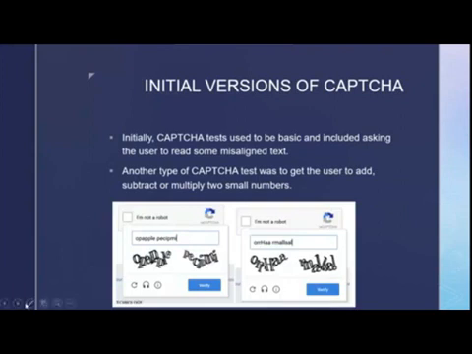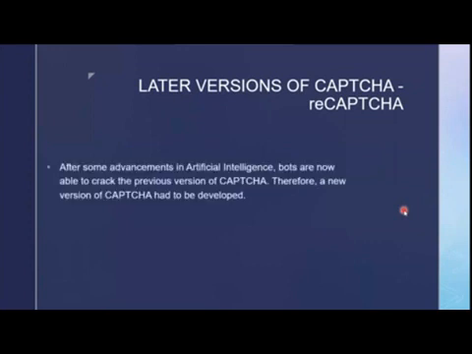In this kind of Captcha, we have a text box and a picture of a text written in some very dirty font. We have to identify what text is written, enter it into the text box, and we are done. Now we have a new version of Captcha known as Recaptcha, which was developed by Google in 2007. This is because the previous version of Captcha was able to be cracked by